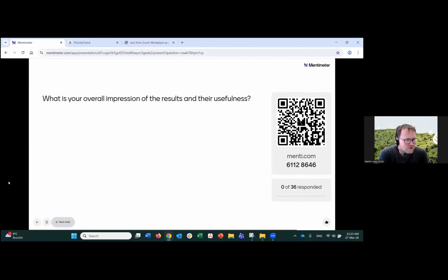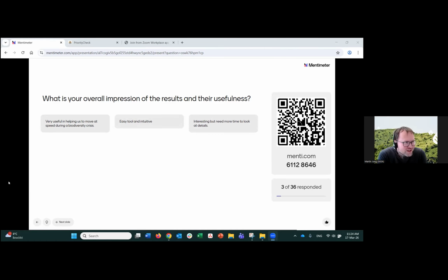Okay, so for the first question, what is your overall impression of the results, the usefulness? Very much feel free to leave any general comments or remarks. After this Menti session, you are also welcome to speak them out or tell us a bit more about your views. As a first comment: it's very useful to help us move at speed. That is excellent during a biodiversity crisis. The tool is intuitive. Oh, that's very nice to hear. I programmed it, so yes.